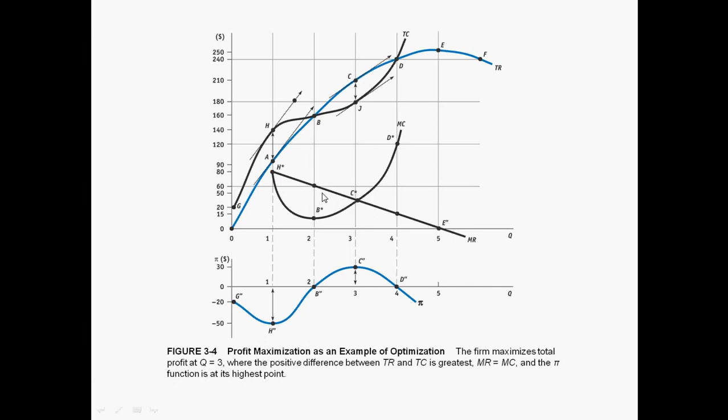But marginal cost, it's not necessarily rising, but it could be level, and you could still have marginal cost cut marginal revenue from below, even if marginal revenue was falling, if it was falling less fast, or even if marginal cost was falling, if it was falling less fast. But in any case, where these two curves are equal,